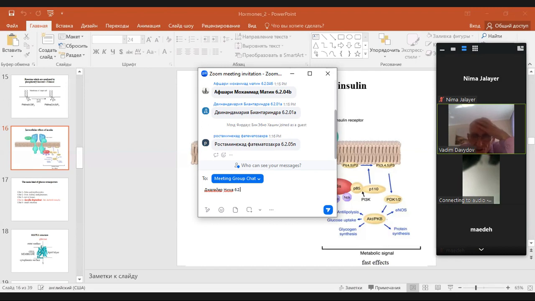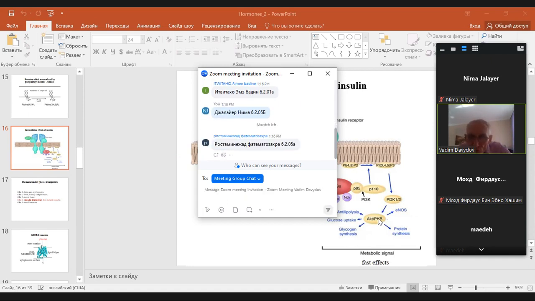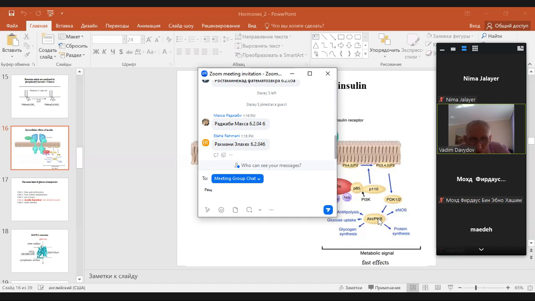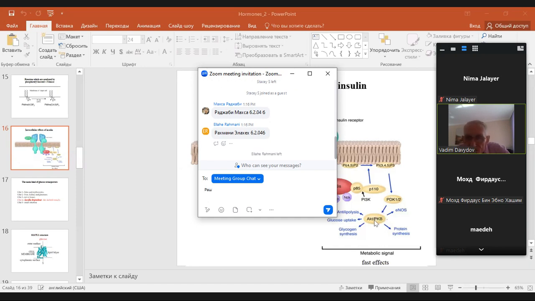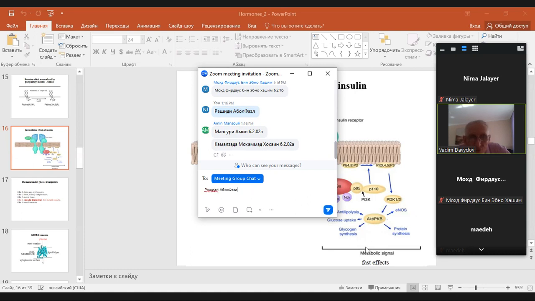this signal transduction pathway coupled with insulin brings about activation of protein kinase B, and all the fast effects of insulin, very fast, immediate effects of insulin, are coupled with activation of that enzyme. Why is it? My dear colleagues, this protein kinase may use different substrates. A substrate of that enzyme